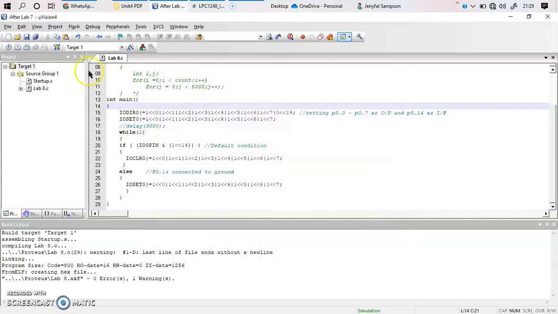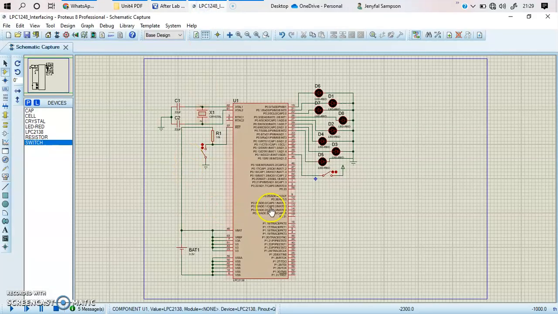And when you give OK, your only step remaining in Keil MicroVision is to build this function. So when you're building this program, you will get zero errors, and you can see that you will be able to create a hex file over here. So this hex file has been created in the location that you have specified. And this hex file is the one that you will be using in this Proteus software over here. You will be downloading that into this microcontroller, and that is where you will be running it.